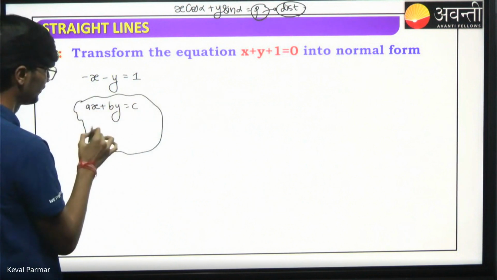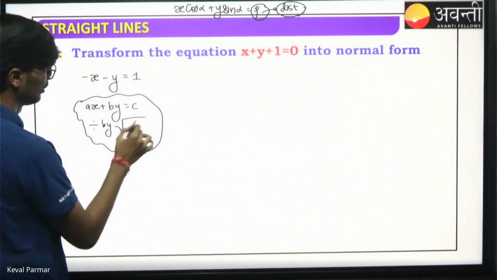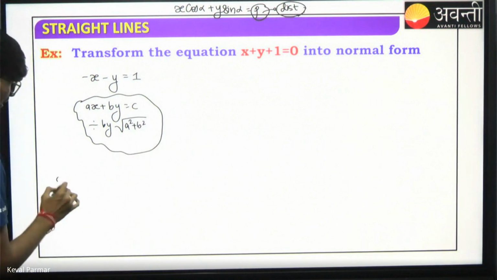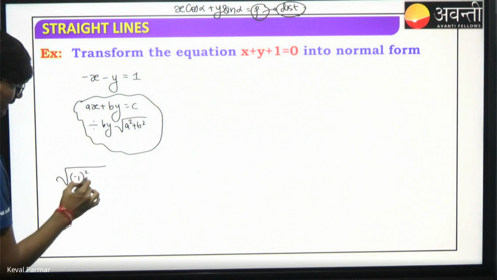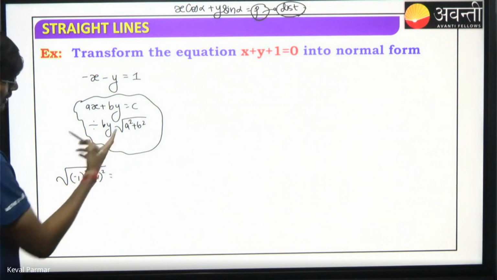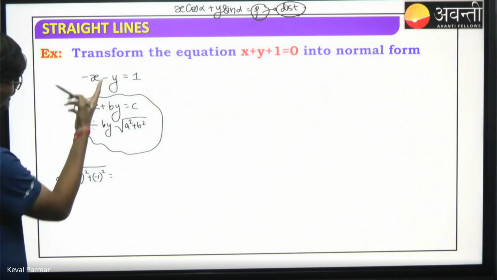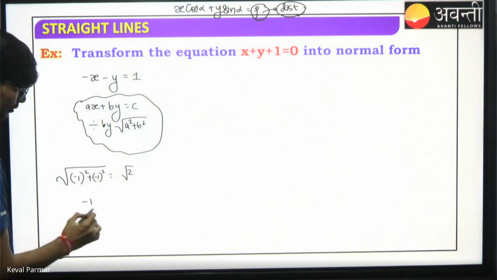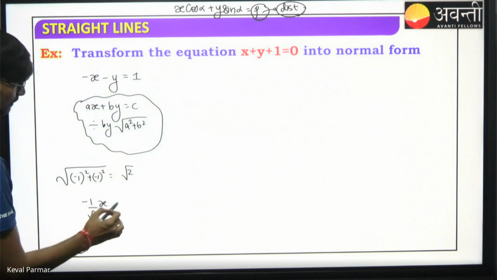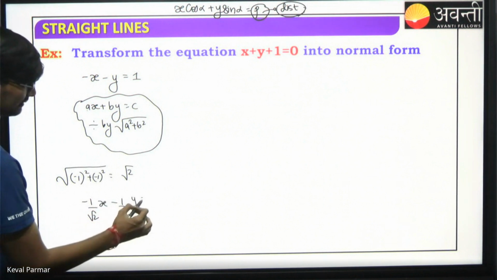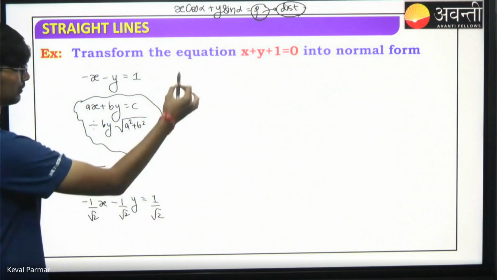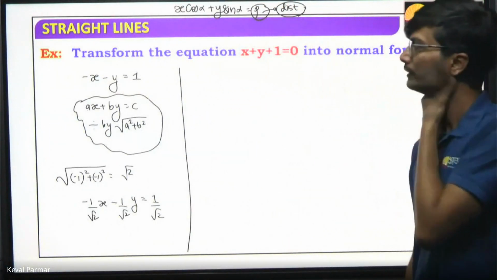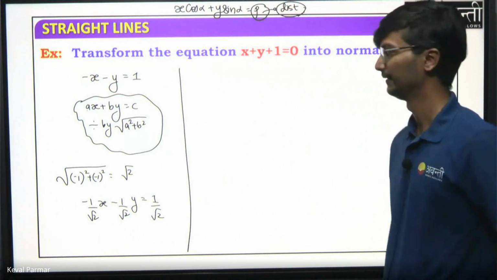What we have to do is divide by under root of a square plus b square. So here, what is under root of a square plus b square? It is under root of minus 1 square plus minus 1 square. A is minus 1, b is also minus 1, which equals root 2. So if I divide by root 2, I'll get minus 1 by root 2 x minus 1 by root 2 y equals 1 by root 2. Correct? Now, the next thing we should do is